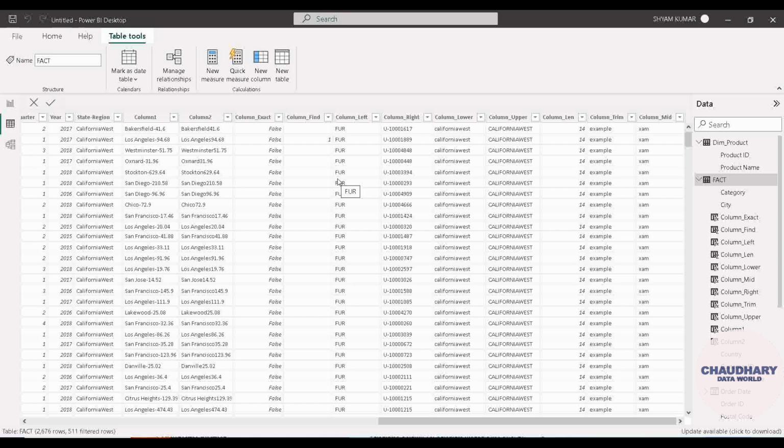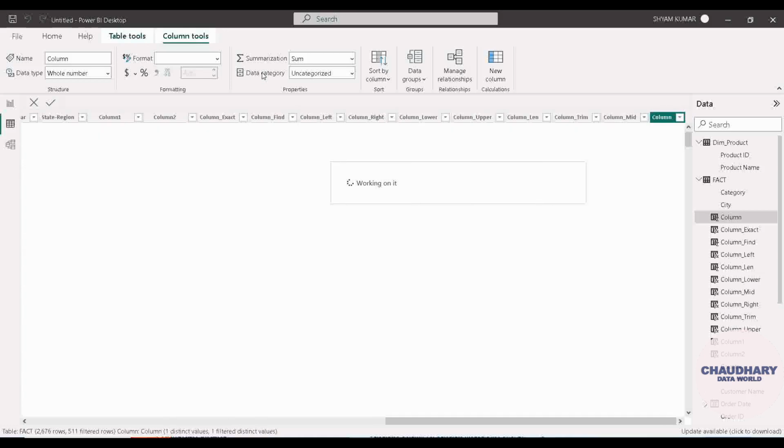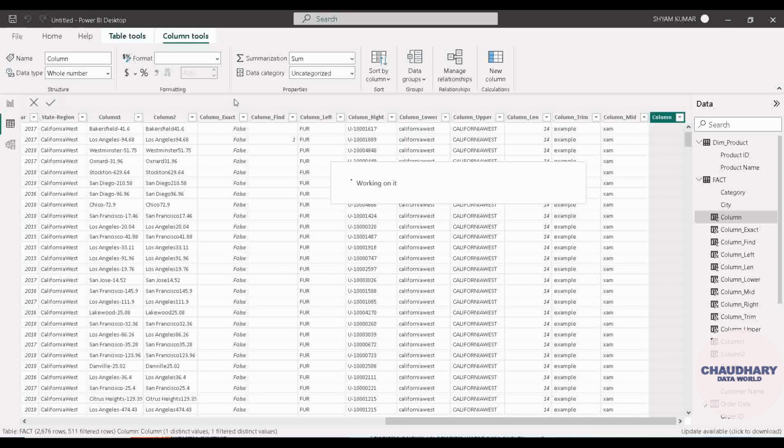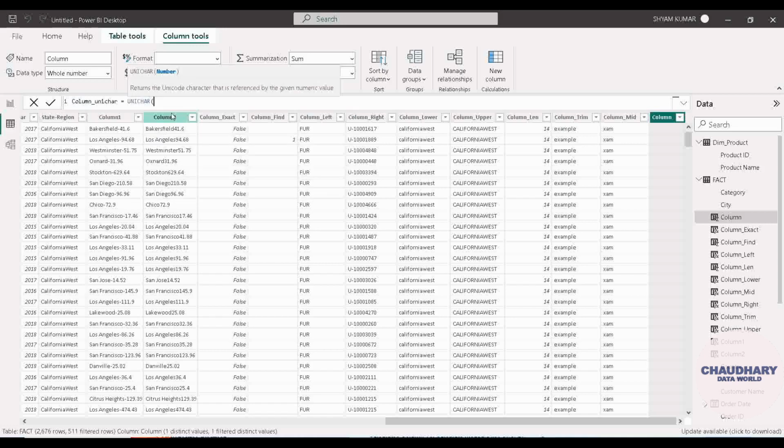To demonstrate each of the functions, we will take a calculated column by clicking on new column. Here we will first rename this particular column as UNICHAR. In this column we will use the function UNICHAR. This UNICHAR is expecting an input as a number. That means it is asking us to provide some number over it, which will be converted to